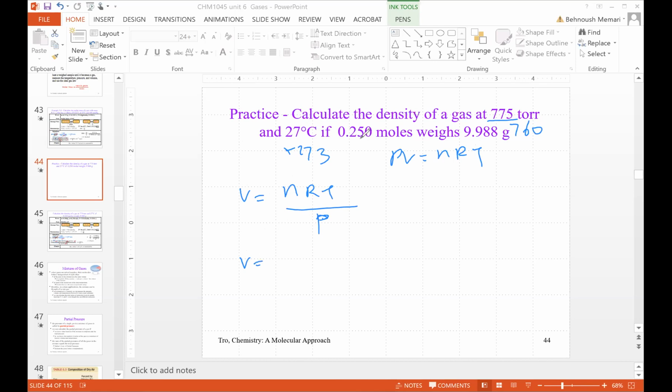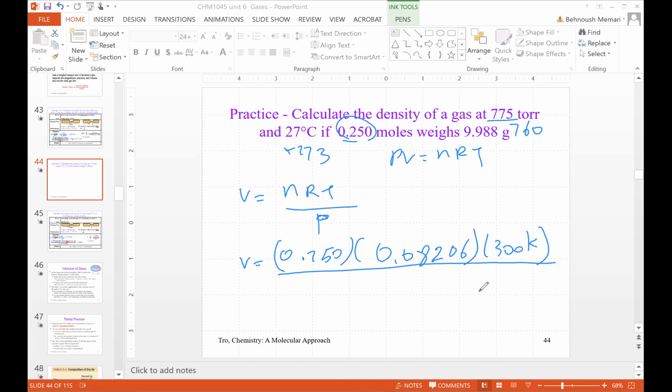And in this case, we have the number of moles, which is going to be 0.250, times the value for R, which is given as 0.08206, and then the temperature is going to be 300 Kelvin. Divide by the pressure, and what is the pressure? 775 divided by 760, almost 1, but that's a